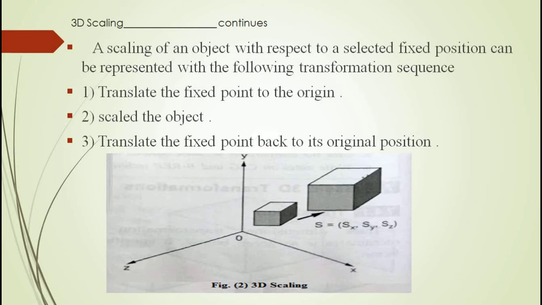Then this object is scaled relative to the origin, and after that we translate the fixed point back to its original position. So after we scale our object, we move it back to its original position.